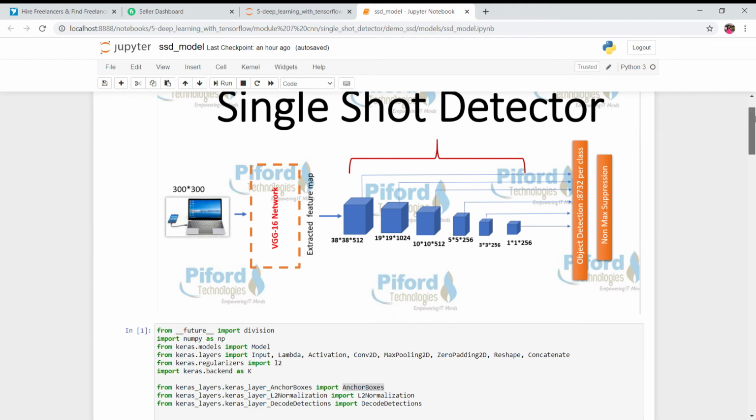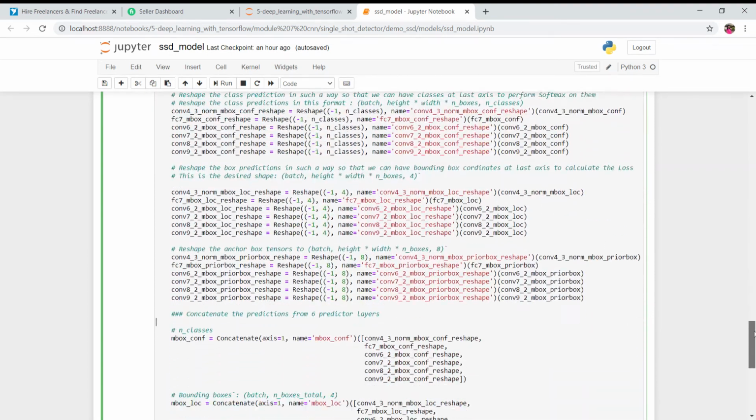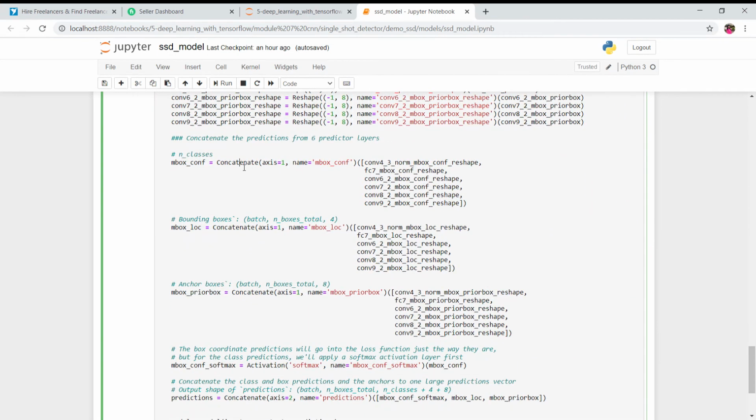So this is what I have done over here. We have performed concatenation 3 times: over here we are concatenating the classes, over here the bounding boxes, and over here the anchor boxes.